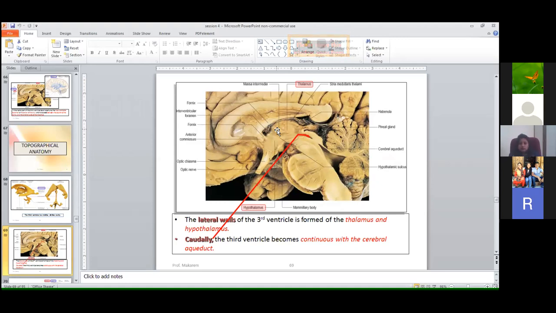Ma'am, why are certain areas called nuclei? Nuclei are nothing but grey matter. Grey matter is called nuclei in the cortex, and white matter is called fibers. That is the main organization of the internal system that I told in the first class. So it's grey matter and white matter, either in the spinal cord or in the brain.